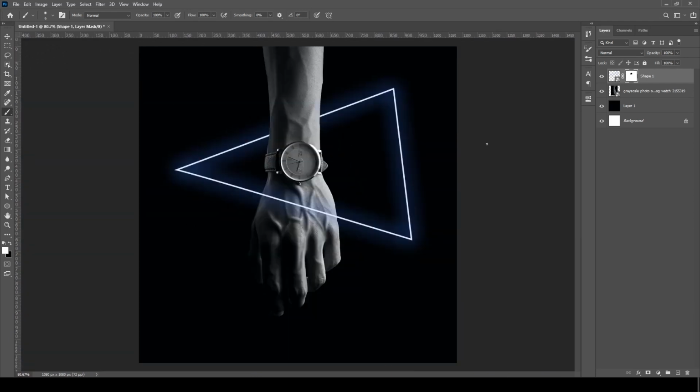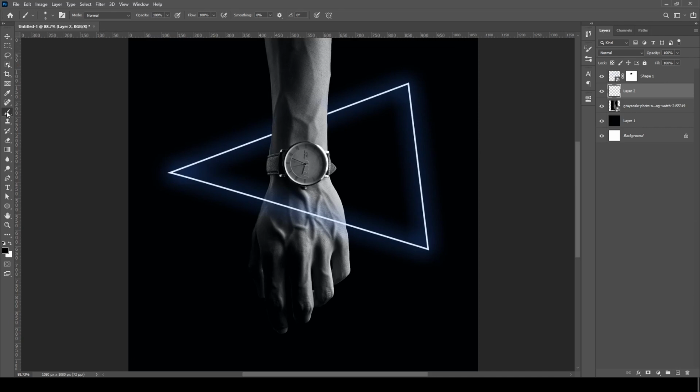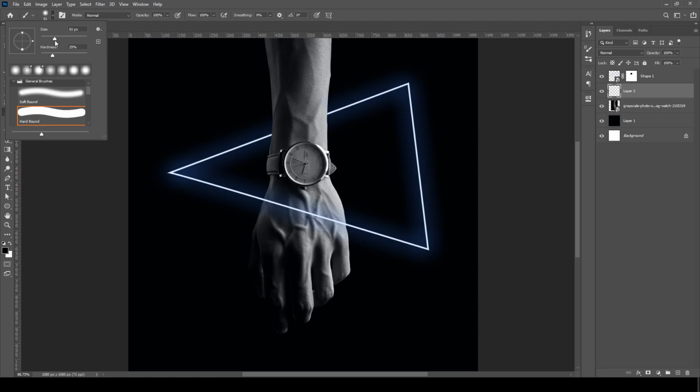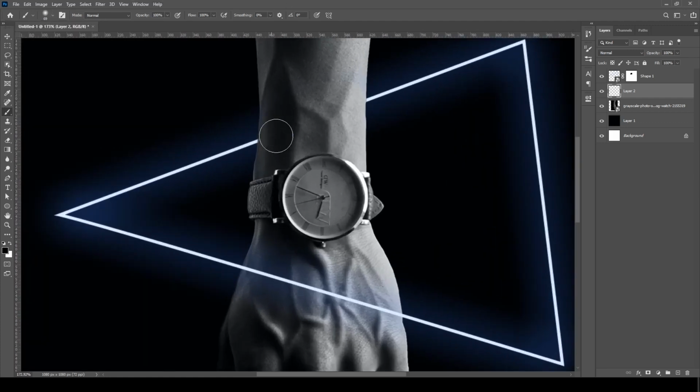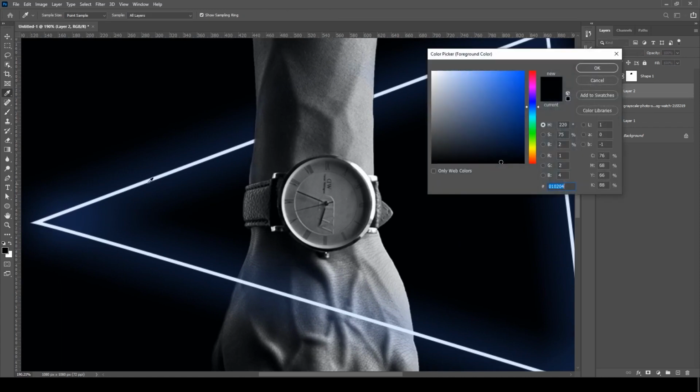To add a bit of detail on the hand, just click on the hand, insert one layer in between your shape and hand layer. Make sure that the brush is selected. Okay, we're just gonna increase the size of the brush to this much. It's okay. Hardness to 0. Okay, now we're gonna apply some color so as to give it a look or a perspective that the hand is actually glowing on the side